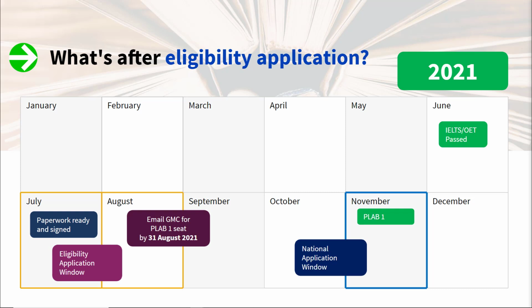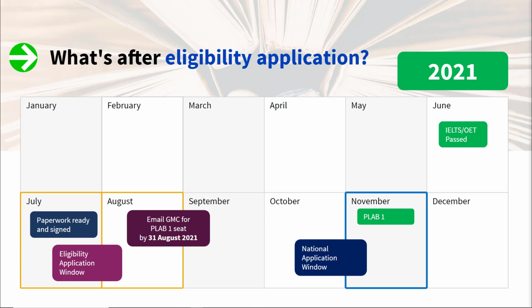So you apply for UKFP eligibility with all the paperwork that you have submitted, and UKFP will give you an email back saying we have received your eligibility application, thank you, we'll let you know whether you're eligible or not. With that receipt email, you can ask GMC that you want to book PLAB 1 before November because you applied for UKFP. So after you take PLAB 1 in November, and obviously by that time you'll know, a national application will go on